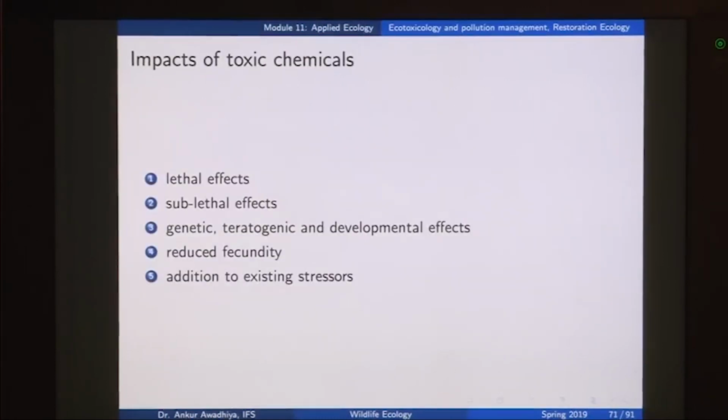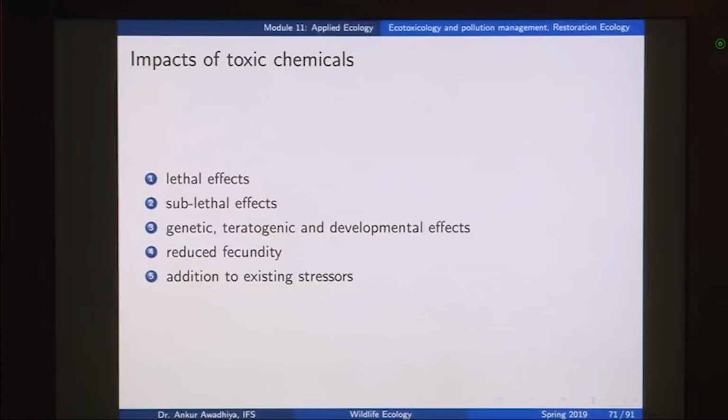Now, when these chemicals are released into the environment or when they are present in the environment, they can have lethal effects in which the organism dies, they can have sublethal effects in which the organism continues to live, but is having an impaired bodily function, or they can have genetic impacts, or they can have teratogenic impacts. So, teratogenic impacts is, as we have seen before, monster causing impacts. So, they lead to fetal abnormalities. So, they lead to abnormalities in the unborn offsprings, or they can lead to developmental impacts to the born offsprings, and a good example in this case is a number of plasticizers.